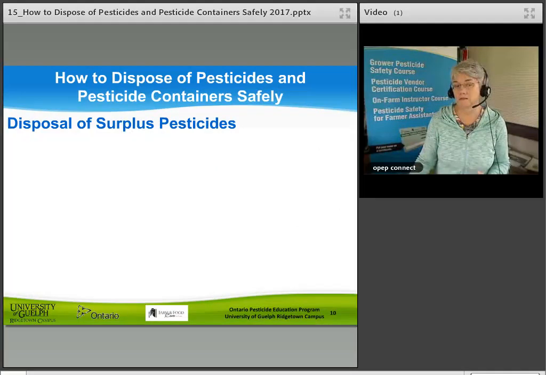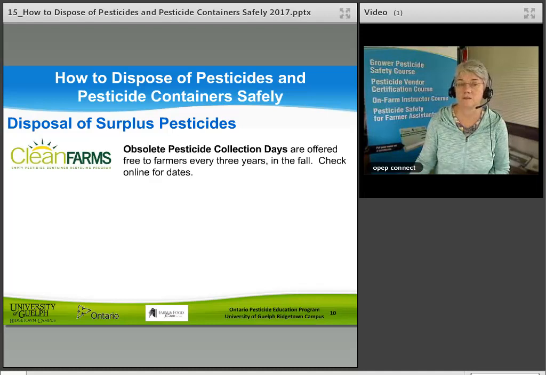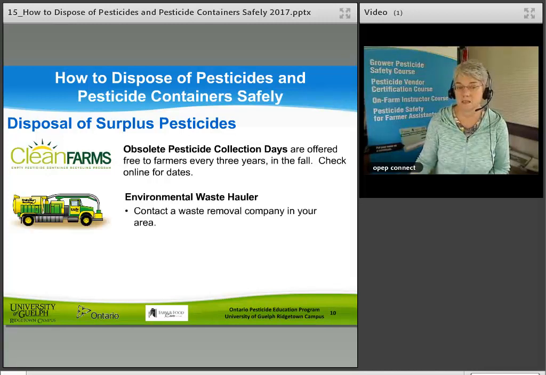The next thing we have to get rid of, disposal of surplus pesticides. So we're storing some pesticides, we didn't use them the next year as well, so we realize we're not going to use this. We should get rid of that and clean up our inventory. So Clean Farms will have obsolete pesticide collection days, and they're offered free to farmers, and they're offered every 3 years in Ontario and usually in the fall. So look for that in September and October and check online at their website for dates. If you want to do it